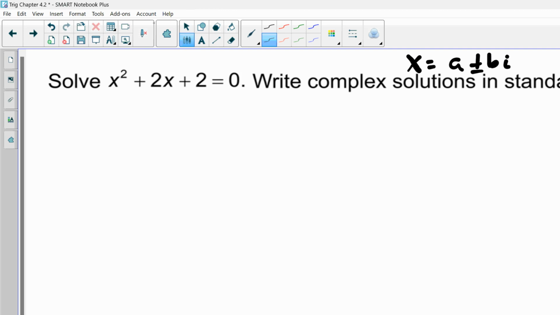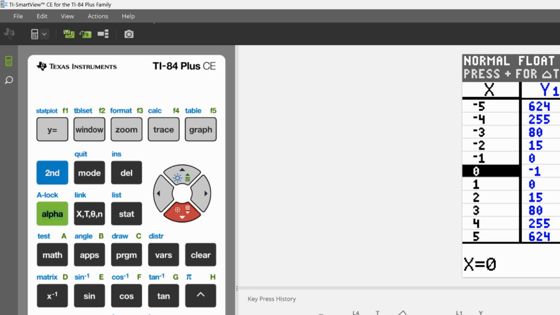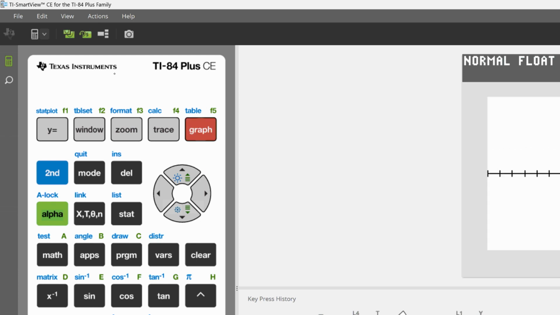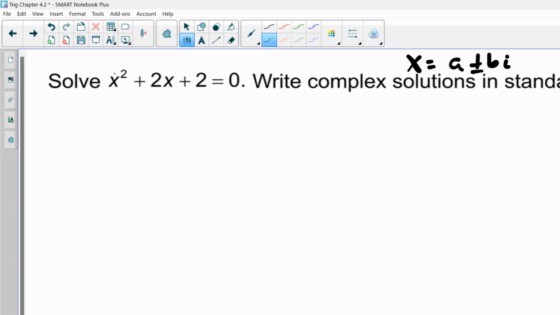Now, x squared plus 2x plus 2, one place I always default to is graphing. X squared plus 2x plus 2, I believe, is our equation. It does not cross the x-axis. So what that's telling us is that this has complex solutions. And x squared tells me the degree is 2, so there should be 2 solutions. And since it doesn't cross the x-axis, it means both of them are complex numbers. So what we can do